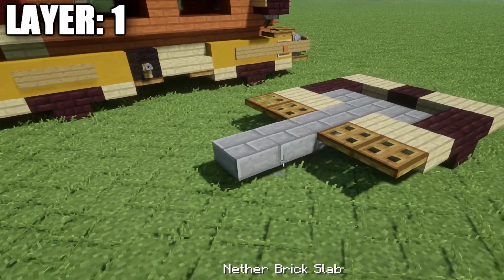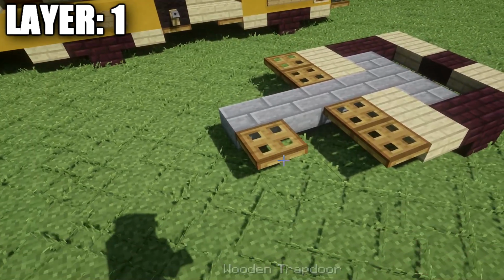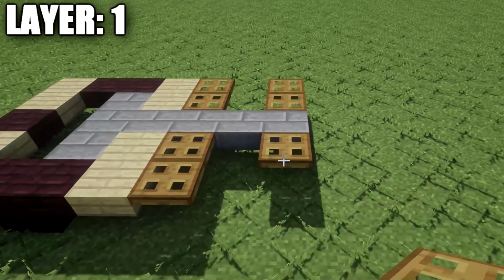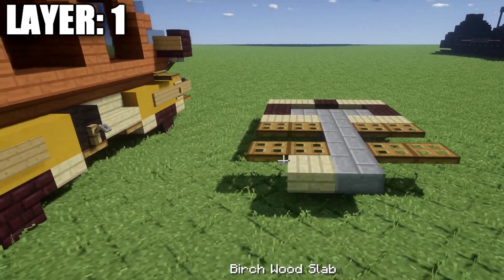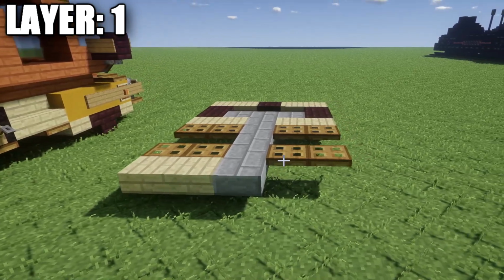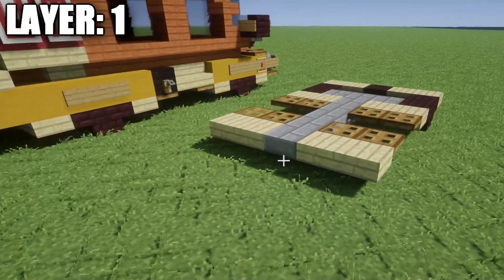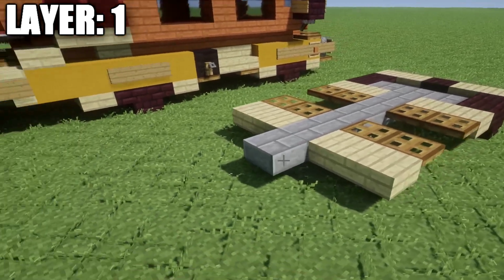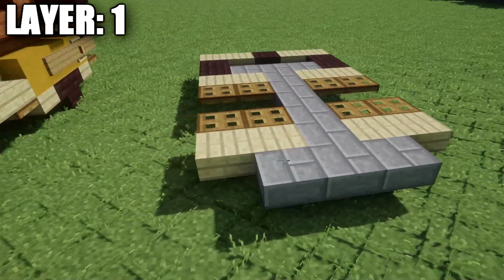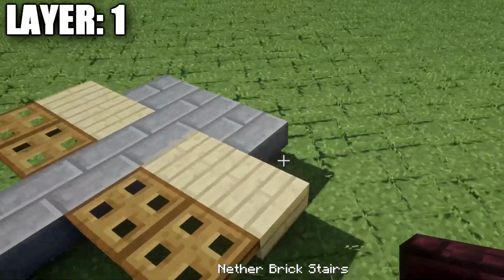We're going to place down a second stone brick top slab back. Again, we're going to place down 2 wooden trapdoors out to both sides. After that's done, we're going to place down another stone brick top slab back, followed by 1 and 2 birchwood top slabs out to the side. Same thing over here, 1 and 2 birchwood top slabs out to the side. After that's done, we're going to place down another stone brick top slab that goes back, followed by a stone brick top slab on both sides of that stone brick top slab, and then we're going to put our rear